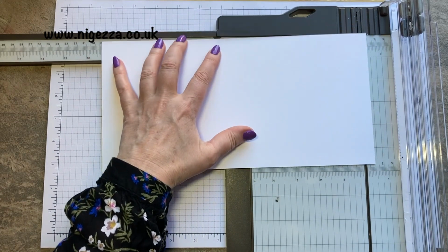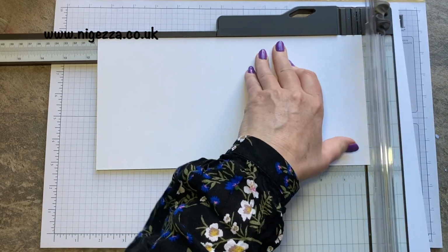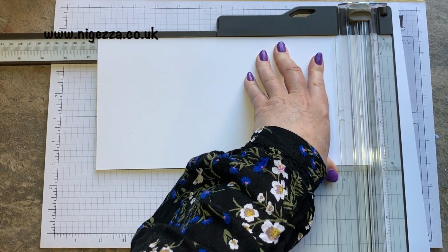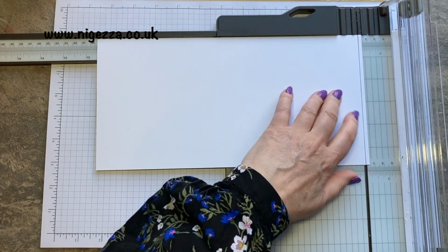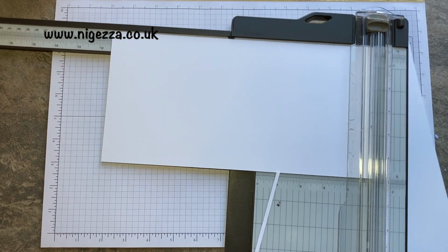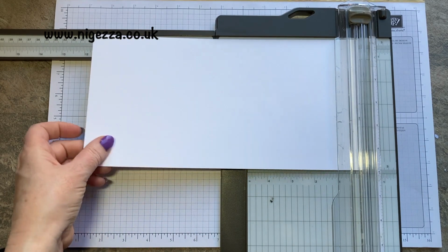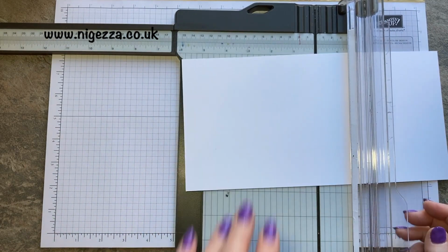Now, if you're watching this and you're in America or Canada, I believe your paper is only 11 wide, so you will need 6x6. So you could make this 6x12 if you wanted to, but everyone else in the world can use our standard A4 for this. Put that in my little scraps. And then we're going to score it in half